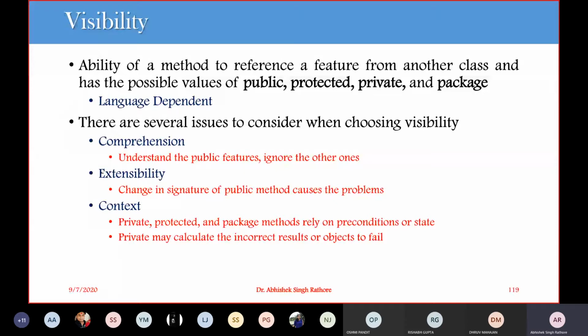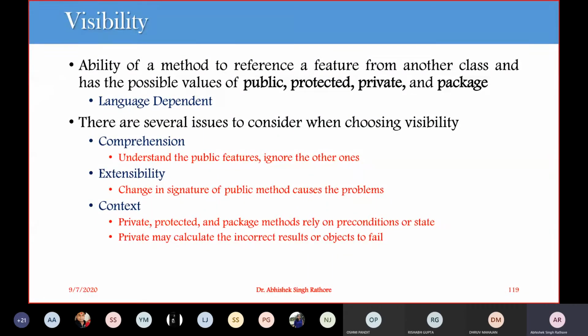Now we have to be concerned with three issues that are related with the visibility. The first is, let's say, comprehension. Before making the visibility public, protected or private and so on, we have to understand which attributes or which operations we should consider as public features and the remaining should be protected, private or package.